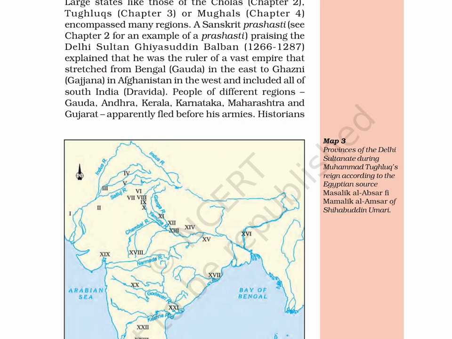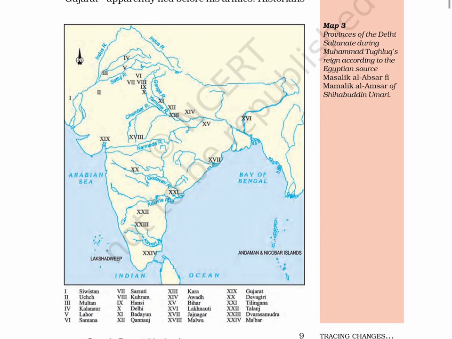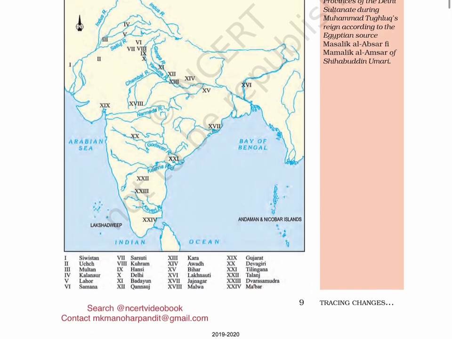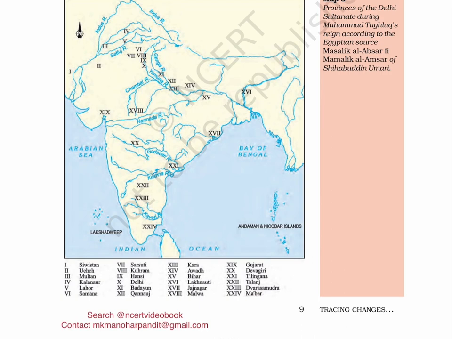On this page, map number 3 is displayed. It shows the provinces of the Delhi Sultanate during Muhammad Tughlaq's reign according to the Egyptian source Masalik-i-Absar fi Mamalik al-Amsar of Shihabuddin Umari. It also mentions the names of the cities: